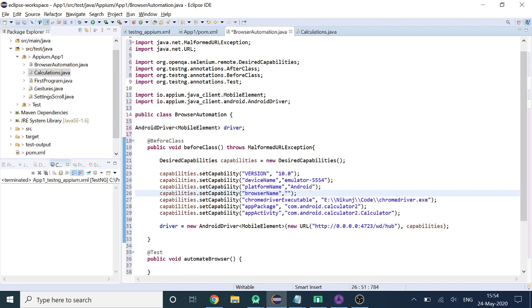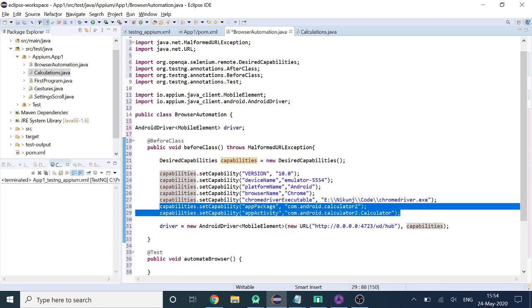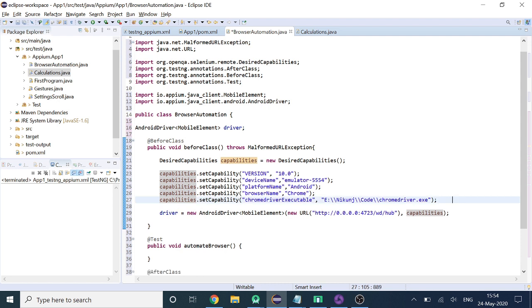We'll mention here Chrome. Since we have already mentioned the browser name Chrome, we don't need to give the app package and app activity. We'll remove this. For before class, all set.